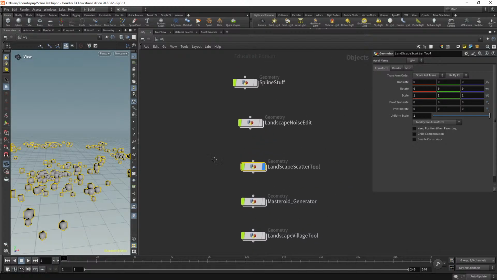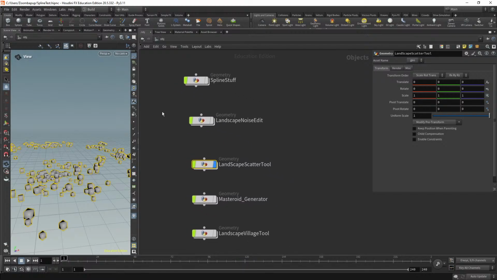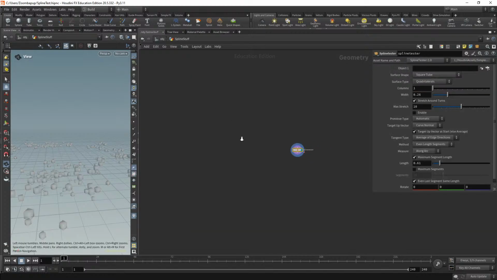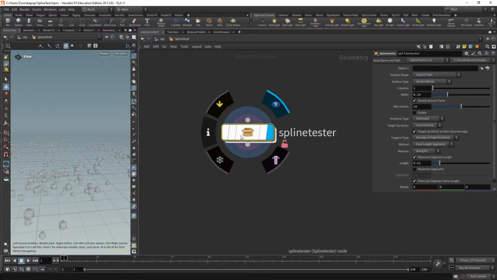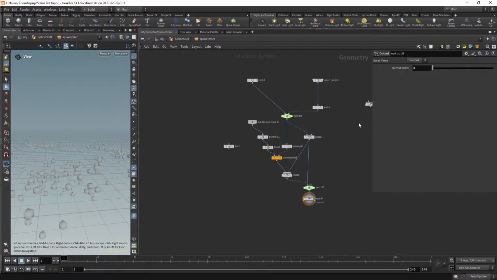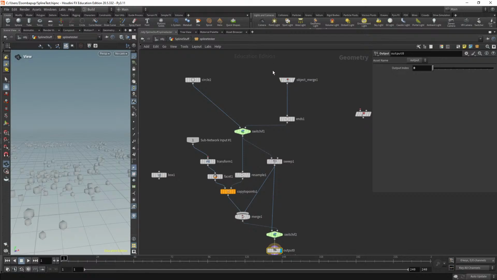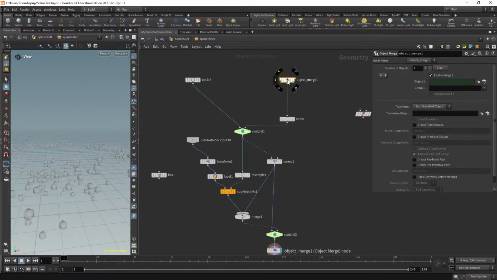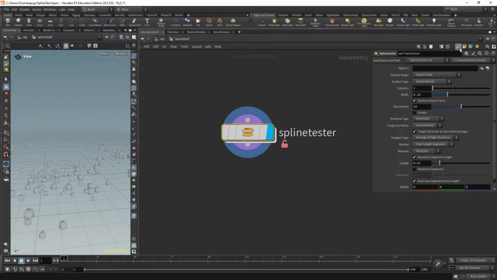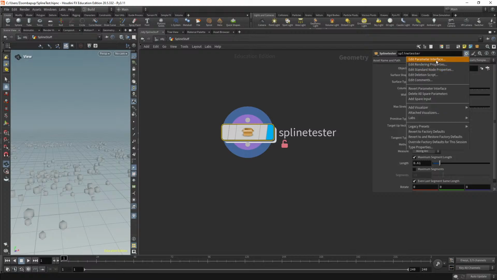You can really easily create new tools in Houdini for Unreal Engine that take Unreal Engine content in. A good example is a test where you can take in a spline. This one's a little bit messy because I was just playing with things, but essentially there's a node in Houdini called Object Merge, and if we come back to the top level and have a look at the parameters,